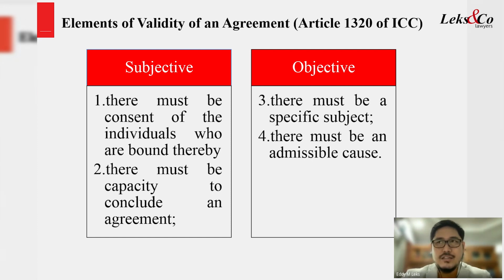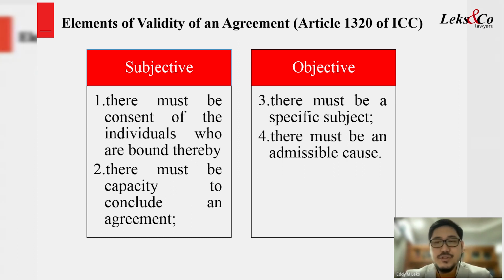So there are subjective requirements and there are objective requirements in the validity of an agreement. The subjective are the first 2 because they are immediately related to the persons. The persons giving the consent or giving the agreement must have the capacity to do it. And then the third element is there must be a specific subject